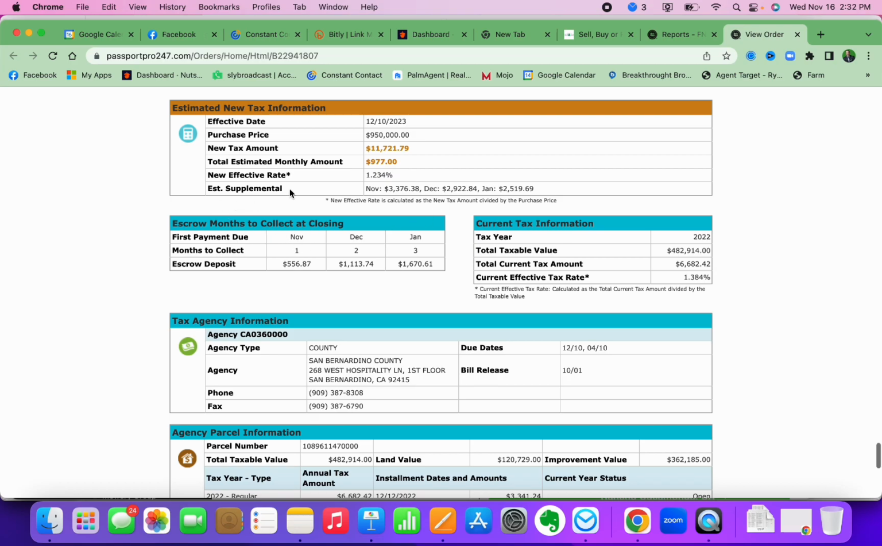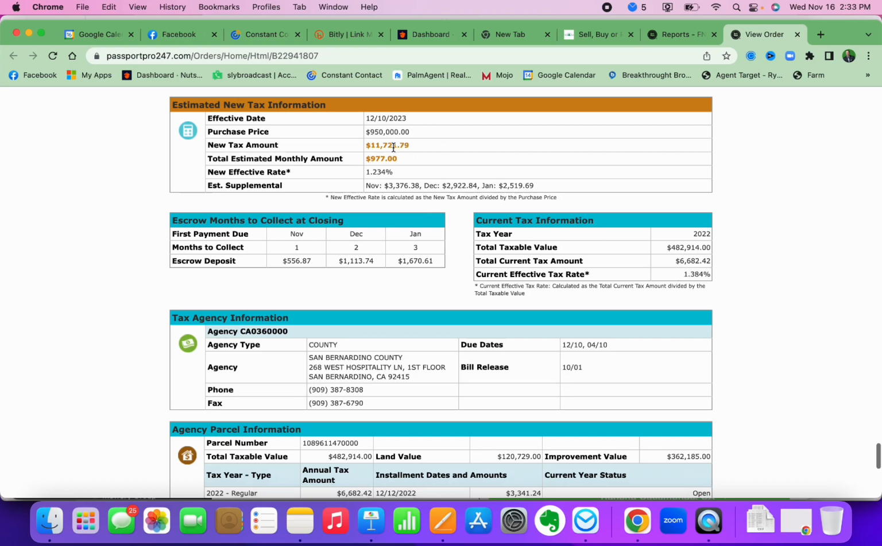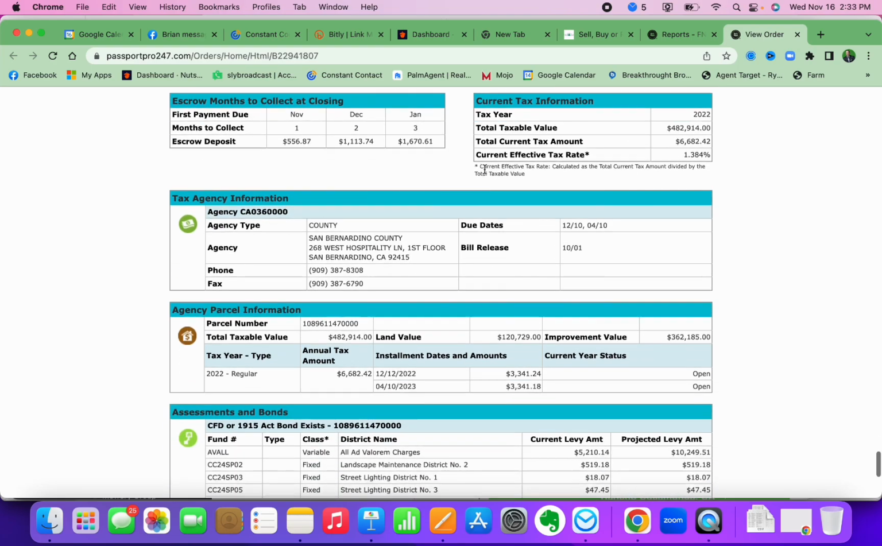And then this is kind of a cool little category too, estimated supplemental. So if you are working with the buyer, whether it closes in November, December, or January, that's what the anticipated supplemental tax bill will be. So great information to be had. Now, you can see this one here says current tax information, 1.384. You can see the new effective rate is slightly less. Dollar amount is definitely more. It was $6,600. It's going up to $11,000 total, but the effective rate goes down,